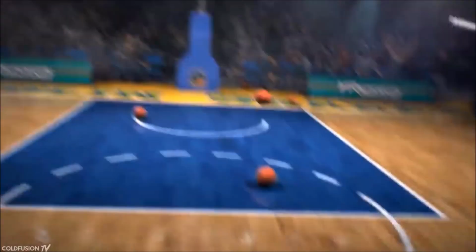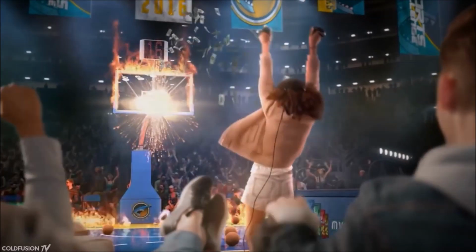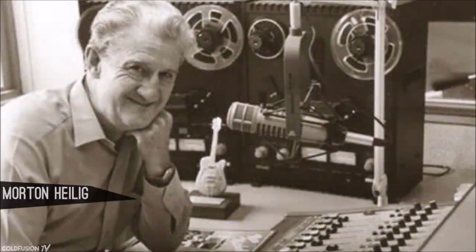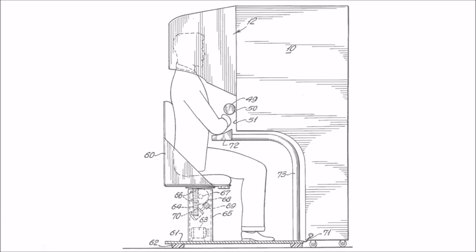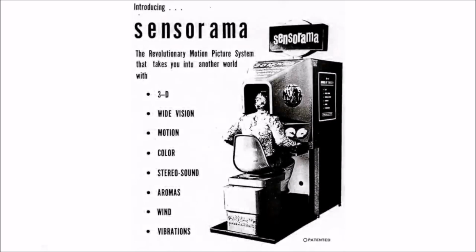So where did VR come from? There's going to be a full video on the history of VR, but the basic gist is as follows. The origins of VR as a technology system can be traced back to 1962 when filmmaker Mort Heilig created the Sensorama. It was an arcade-style cabinet with a 3D display, vibrating seat, stereo sound, fan, and scent producer.